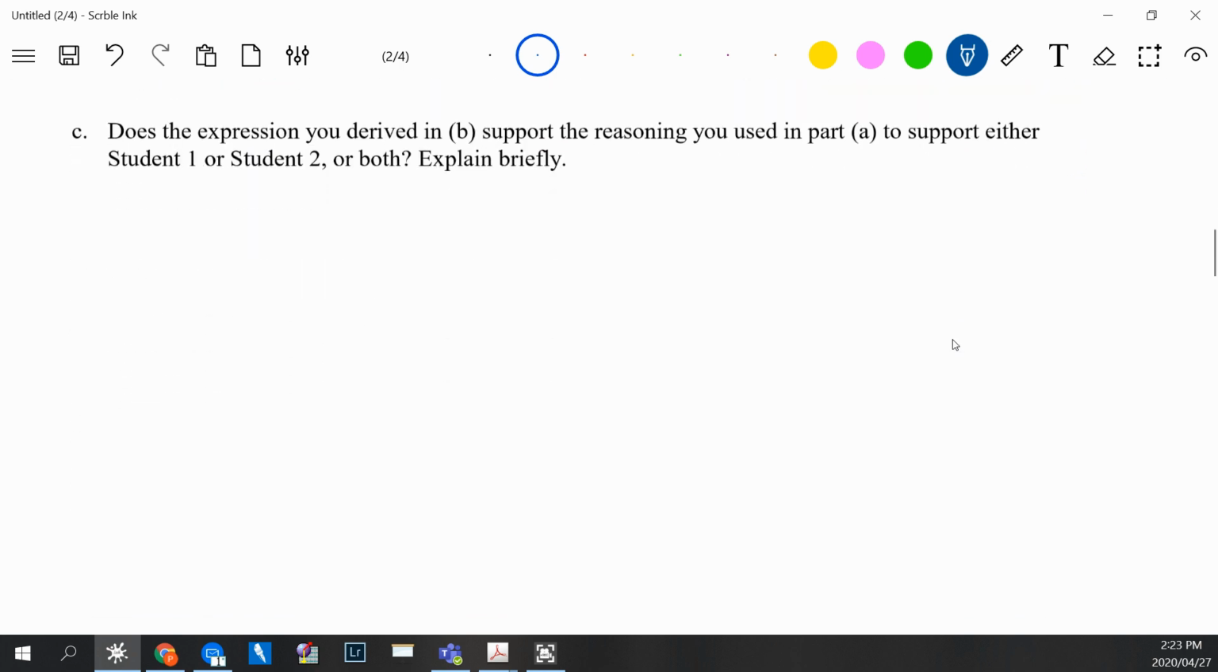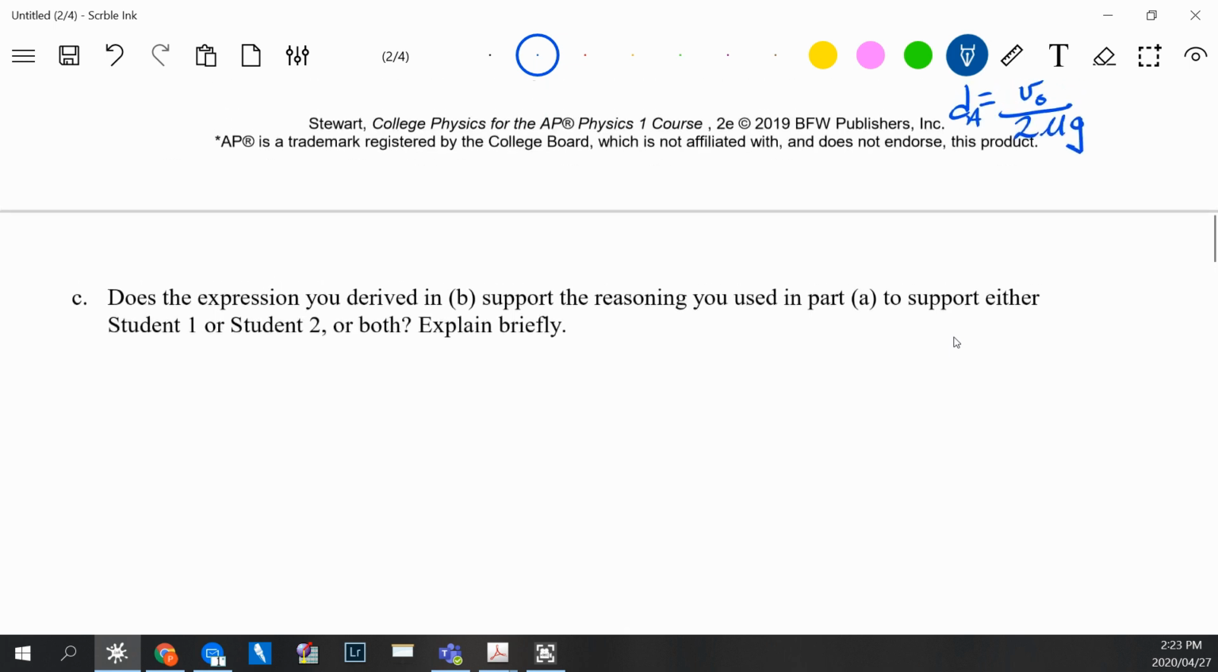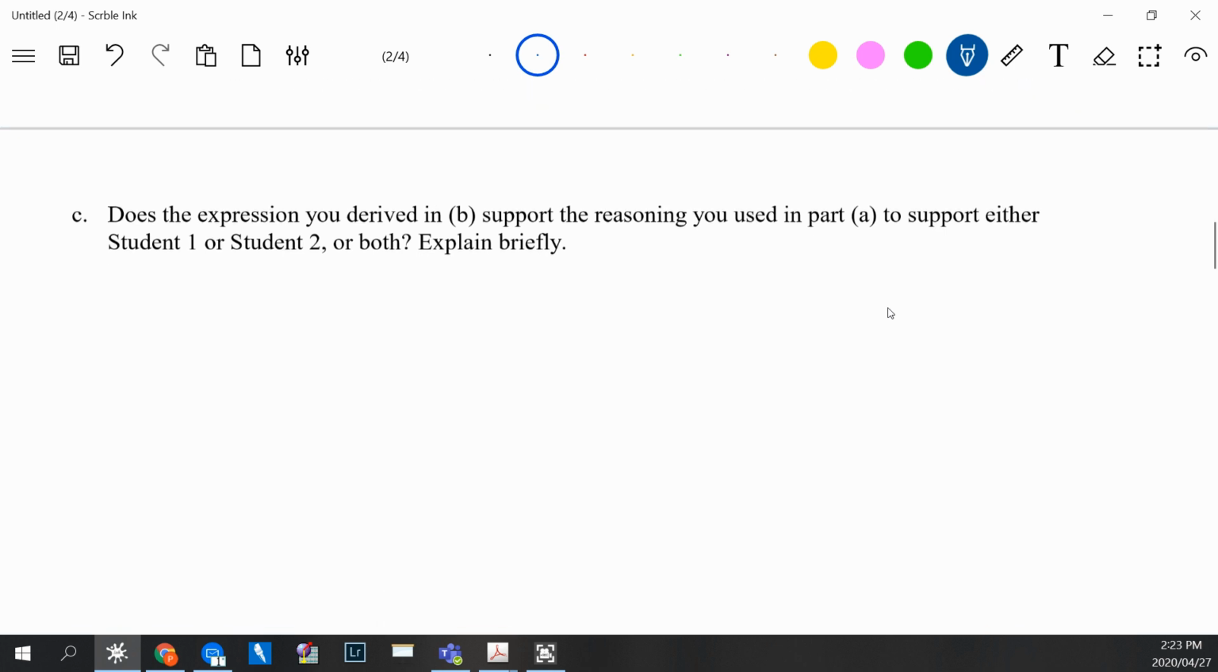Part C says, does the expression you derived in B, the equation we just finished with, in fact maybe I'll just keep it on screen a little longer, does it support the reasoning you used in part A to support either student 1 or student 2 or both? Briefly explain. So does it support the student reasoning? Well, there are elements within, but the end result, I'm going to have to say, is not. So is there any line of reasoning? How about if I say,